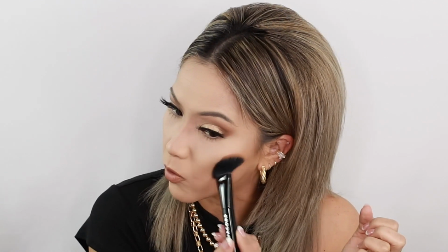That's another thing. If you're not powdered down, like I didn't put a lot of powder there because I knew I was going in with this, but if it's not powdered and silky smooth, that's when it's going to start looking muddy and patchy, and that's when you definitely want to make sure you're patting down. If I went in there and it was still wet or tacky, because a lot of people like to wear luminous foundations and those don't dry down right away, and you go in there with a powdered contour, not so much a cream,